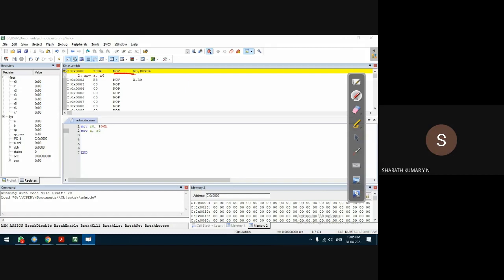The instruction is MOV R0, for which the compiler generated the operational code 78H. The immediate data is used as it is, 06H. We have one more instruction, that is MOV A, R0, which has a 1-byte operational code. Let's observe this. MOV R0, #06H has a 2-byte operational code.